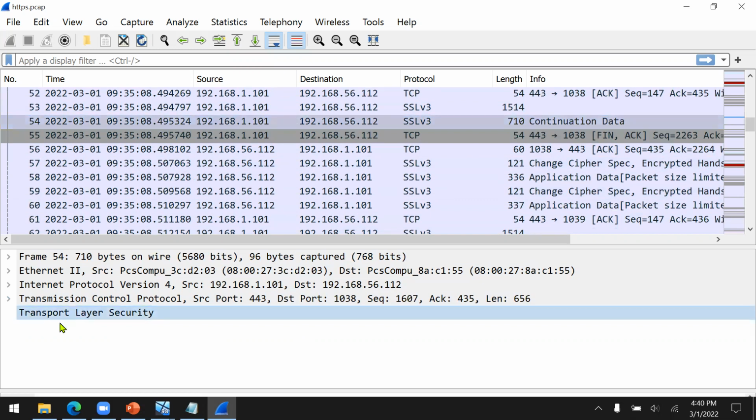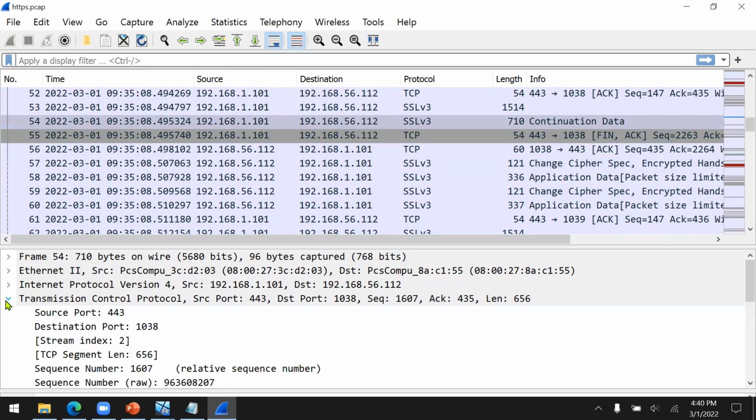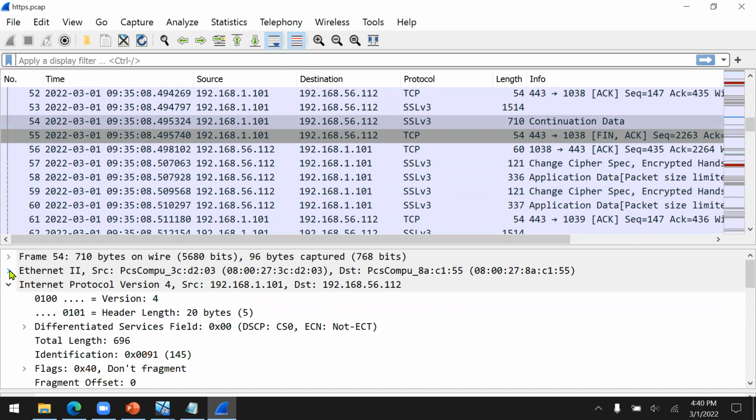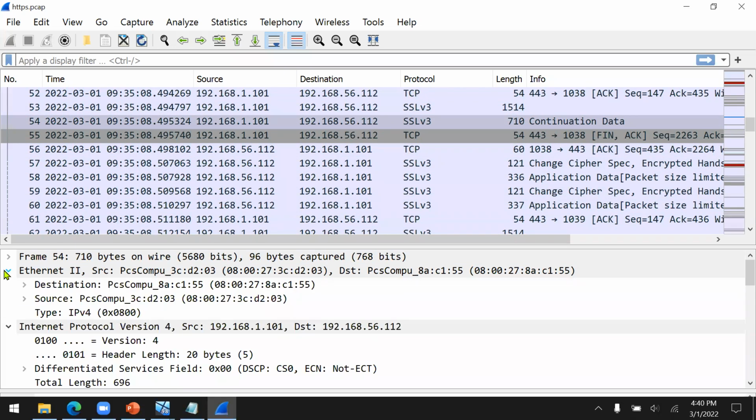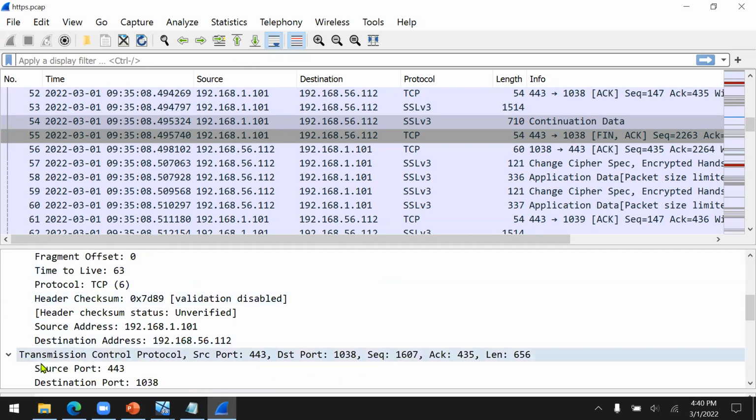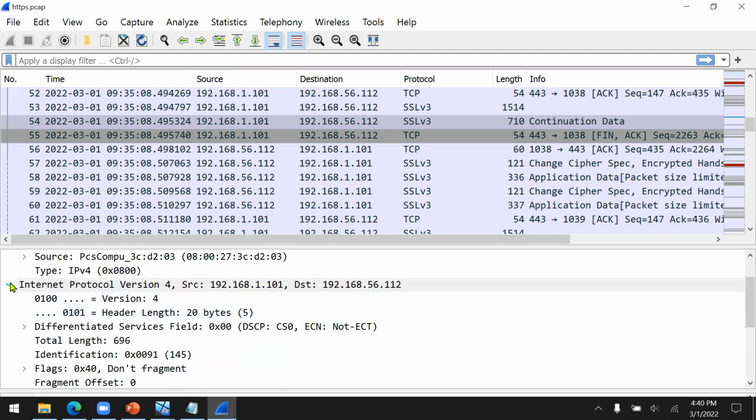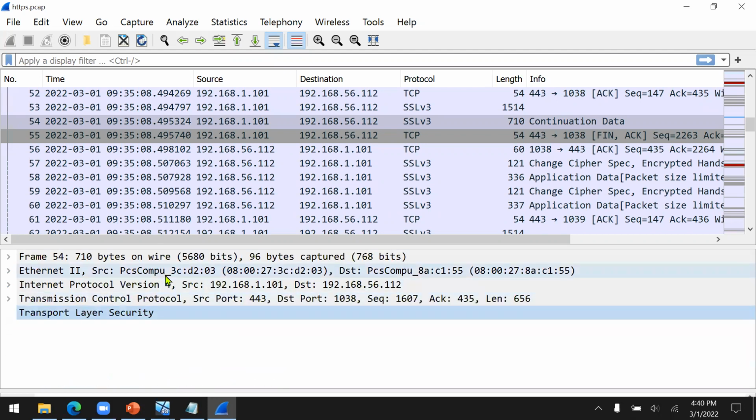This, you cannot open the TLS because everything is encrypted. You can only open the TCP layer, IP layer, layer 2, but you cannot open the TLS. Why? That's because the PKI, the public key infrastructure, works on this layer.